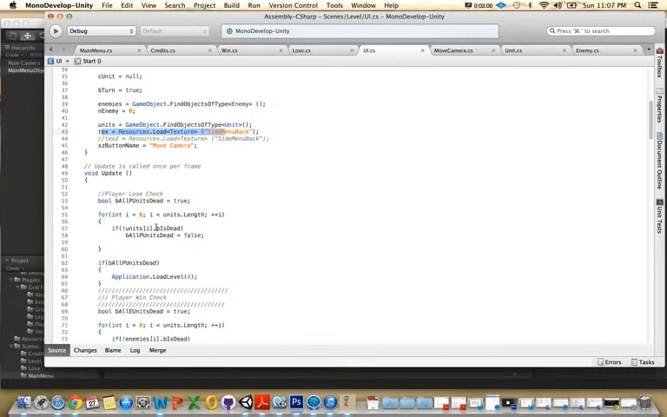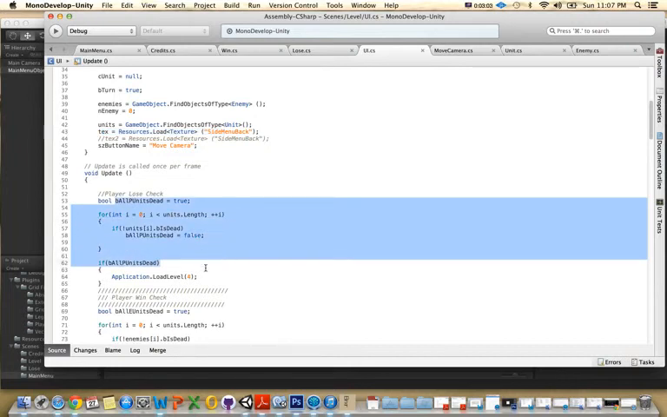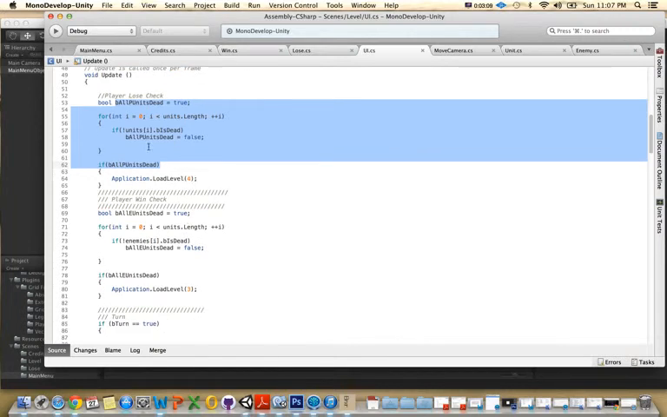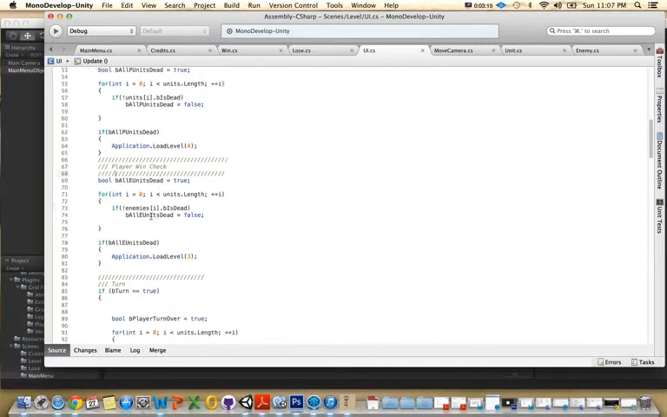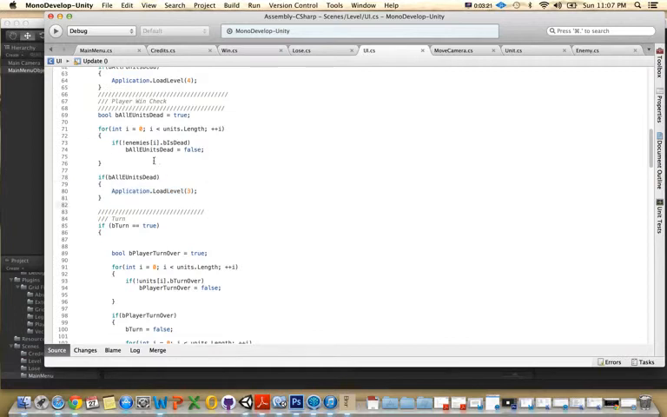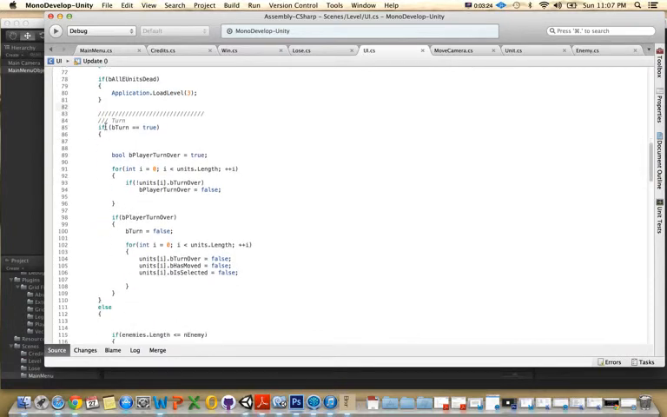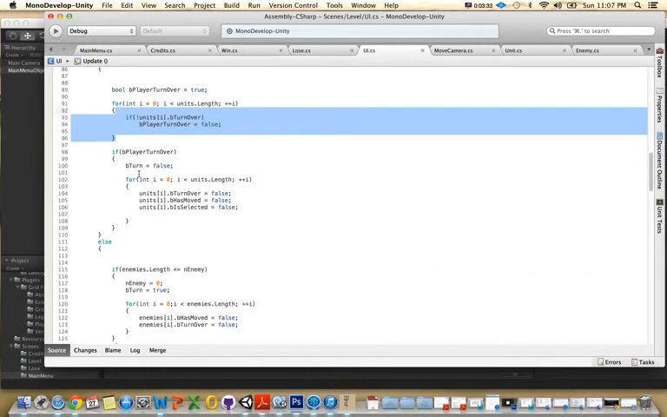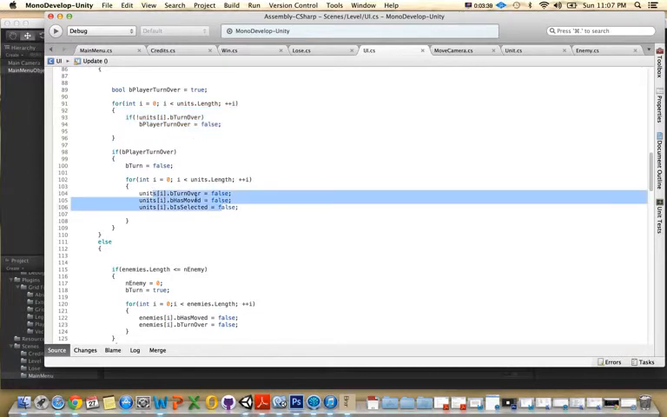On update, we're going to check to see if all the players' units are dead, and if so, we're going to load the lose screen. If the player still has units alive, then we check if all the enemy units are dead, and if so, we load the win screen. After those two checks are done, we find out whose turn it is, and then we check to see if the player has used all their units, and if so, we switch the turn over to the enemy, the computer's turn,